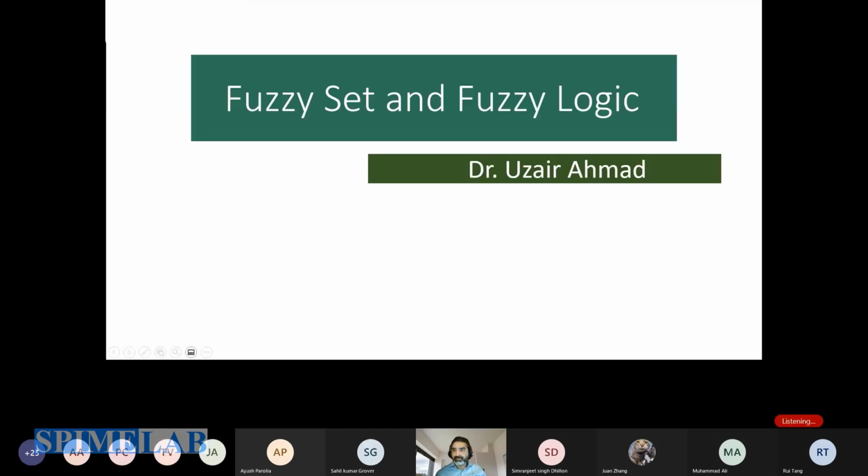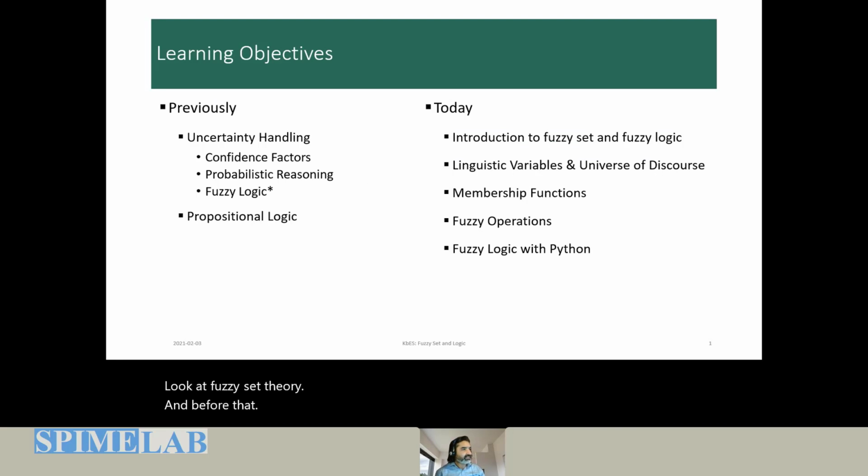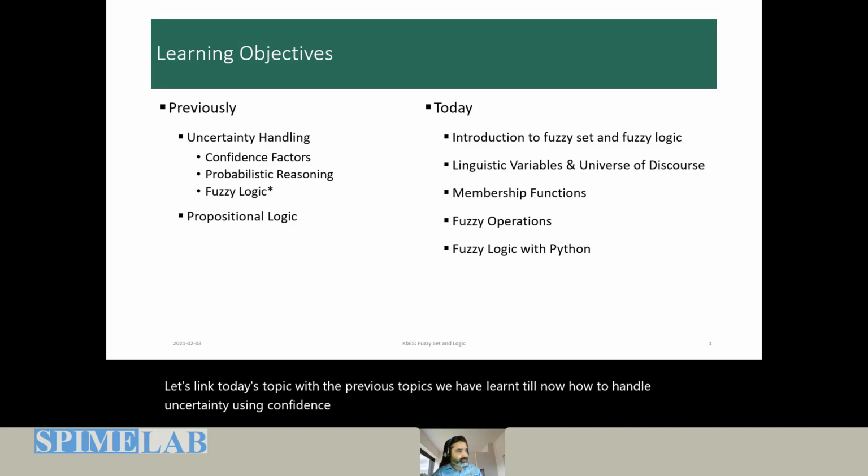an exciting new topic about building expert systems using fuzzy logic. To understand fuzzy logic, we need to look at fuzzy set theory. And before that, let's link today's topic with the previous topics. We have learned till now how to handle uncertainty using confidence factors, probabilistic reasoning, and today we will do fuzzy